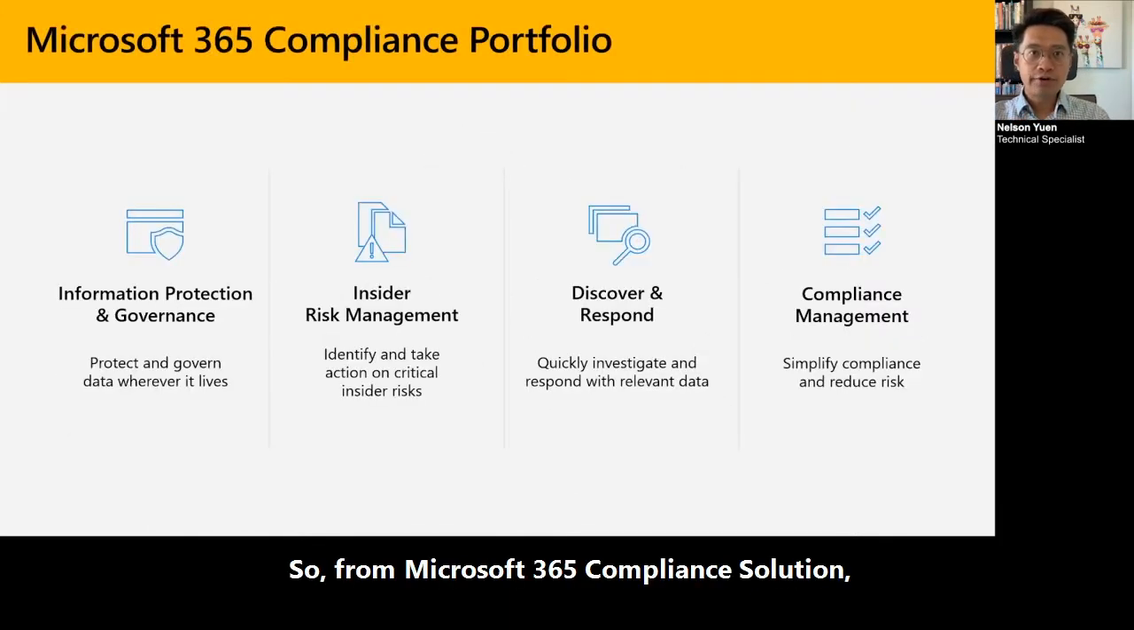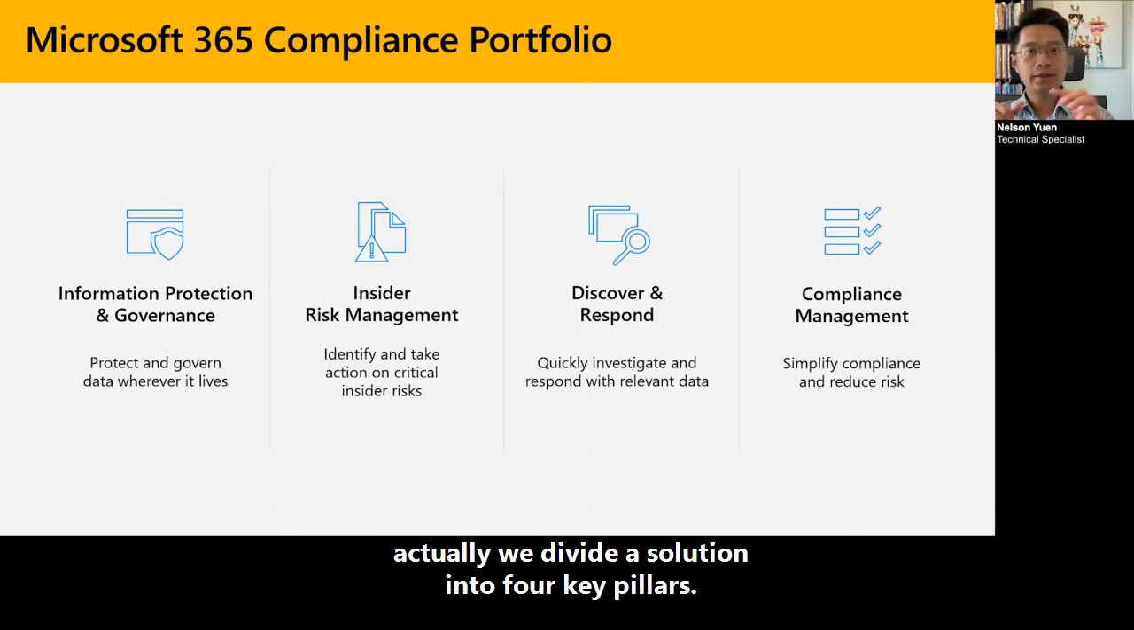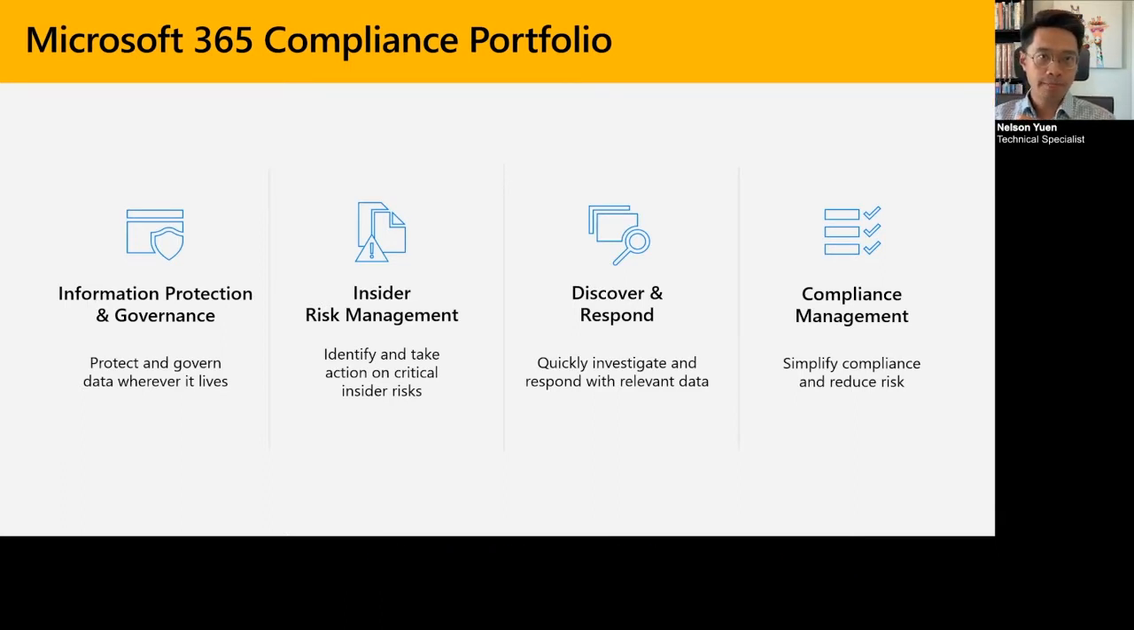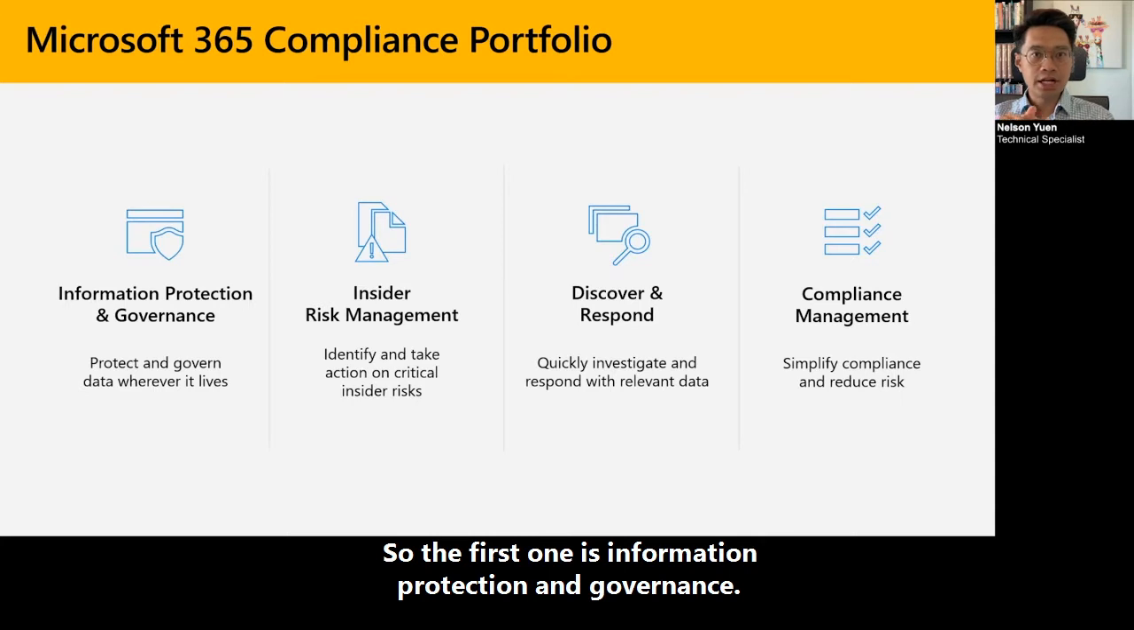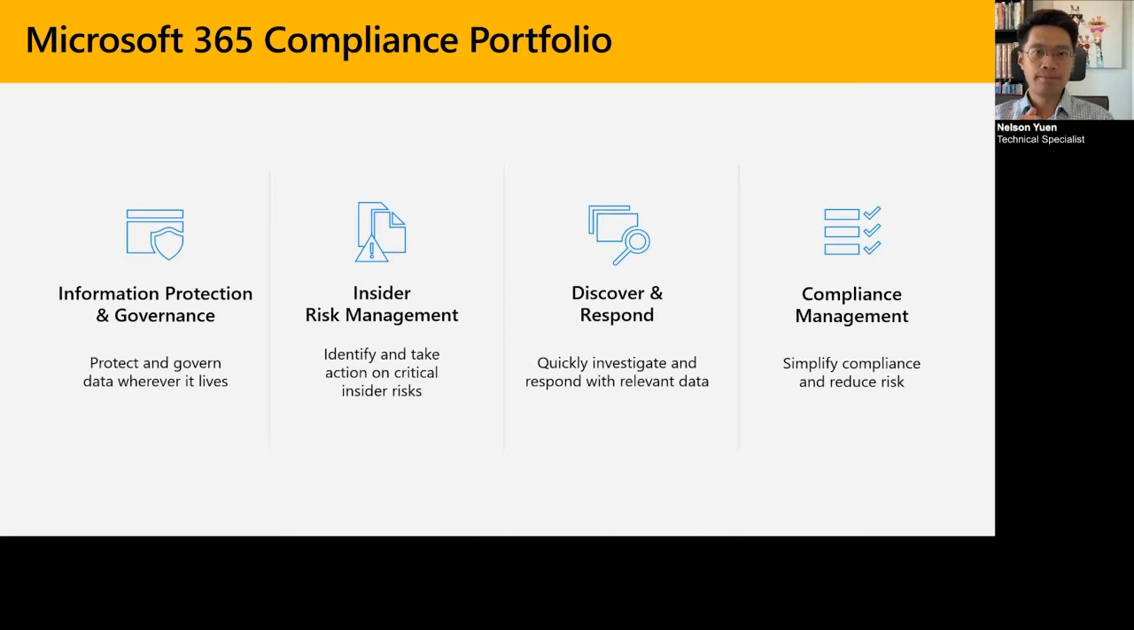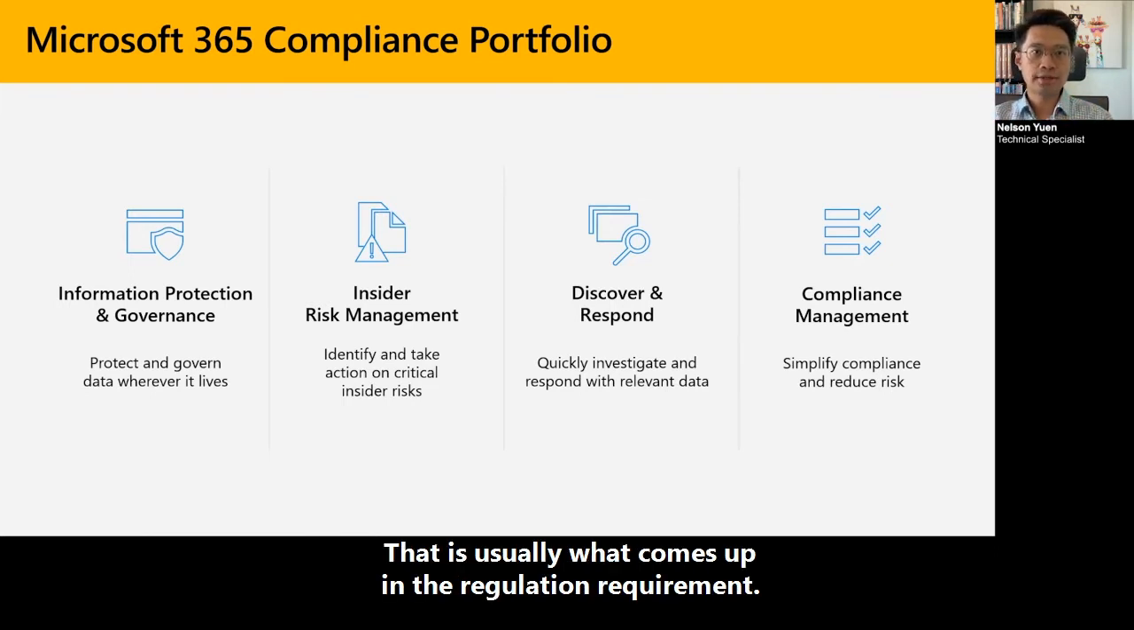So for the Microsoft 365 compliance solution, we divide the solution into 4 key pillars. The first one is information protection and governance. This lets users protect information by applying sensitivity labels for data classification, and also apply retention labels to documents to ensure the data is retained in the organization for a number of years. That is usually what comes up in